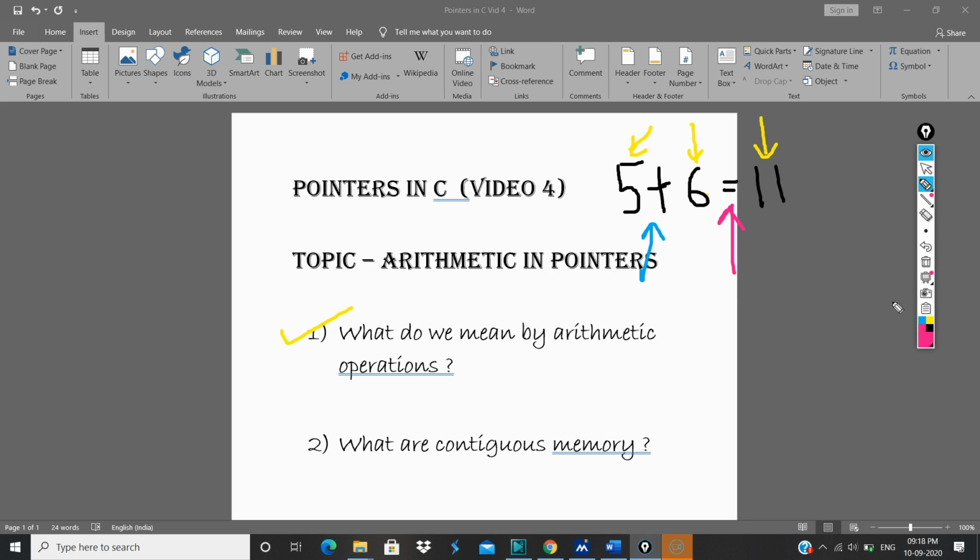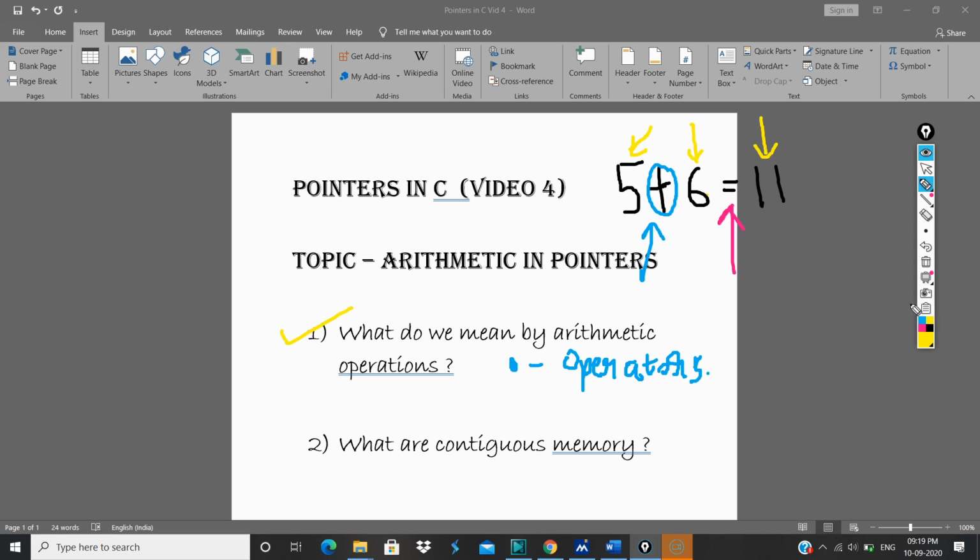Let me tell what these things are. Whenever you encounter these kinds of symbols within any kind of expression, you will just correlate, these are basically operators. Alright, these are basically known as operators. So what is the function of operators? Operators basically perform or help you to perform an operation. In this particular expression, what is the operation that is going on? That is addition of these two numbers.